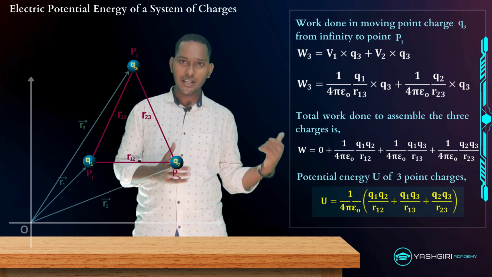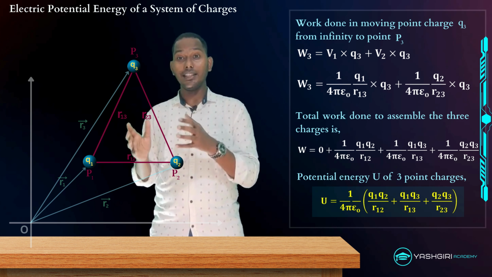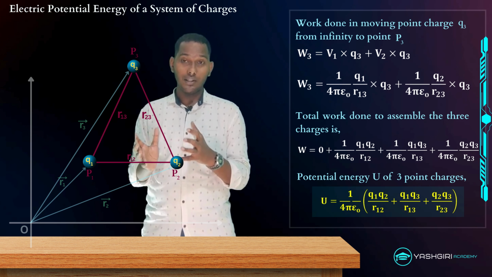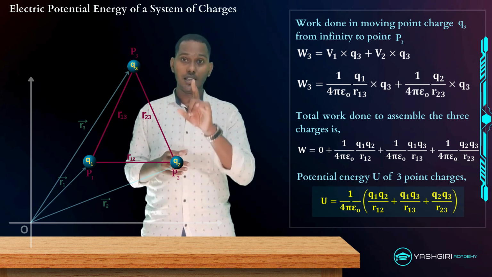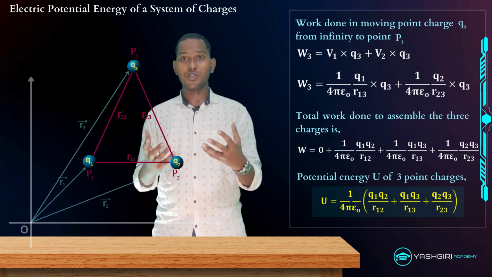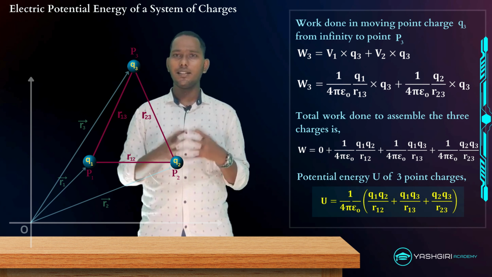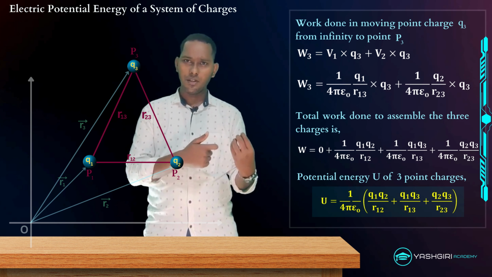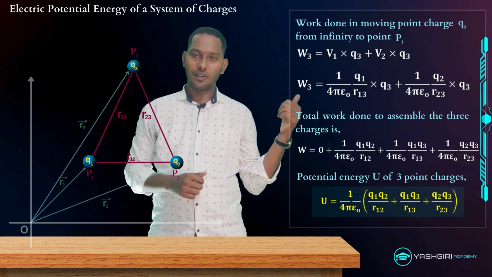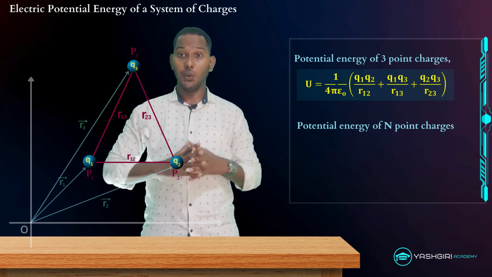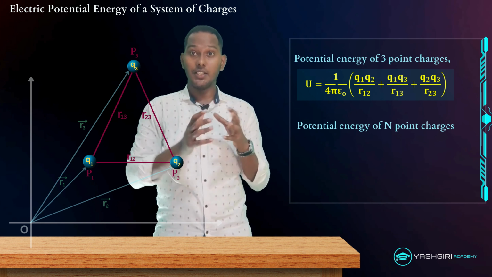So this is the potential energy when you're having a 3 point charge system. Now what if, students, you're having n number of point charges? In such a case, how do we get a general relation? If you just see here, for an n point charge system, I can write this potential energy to be